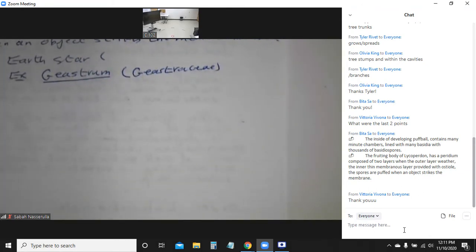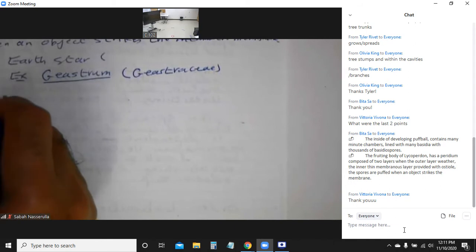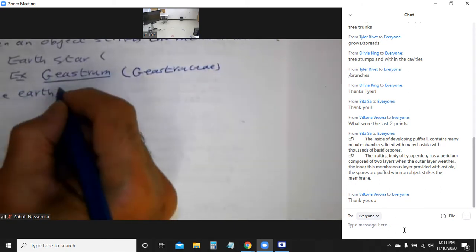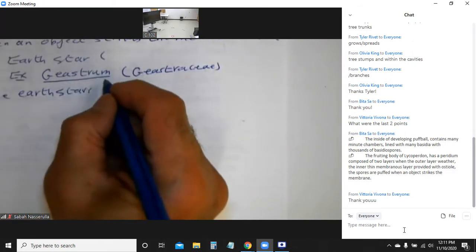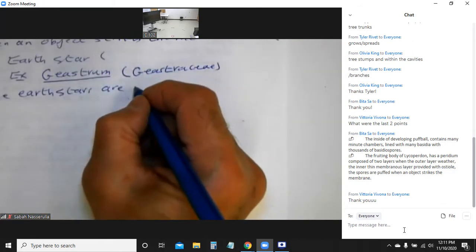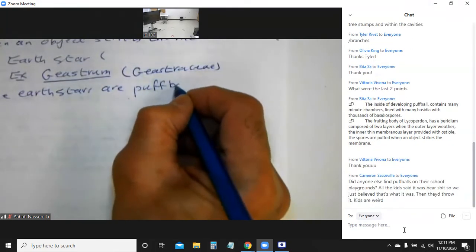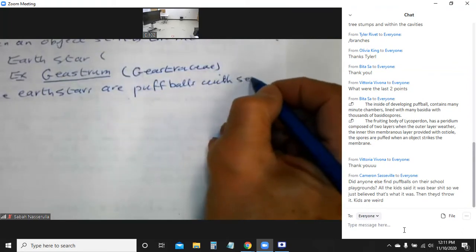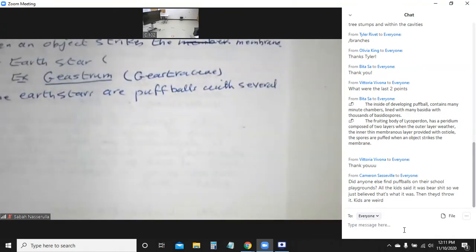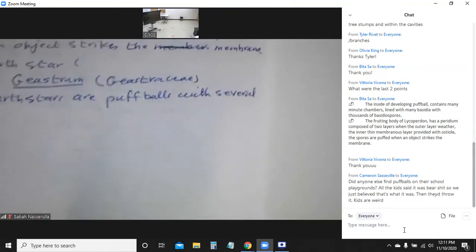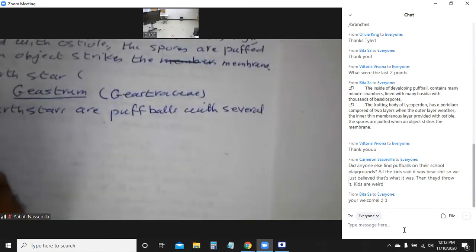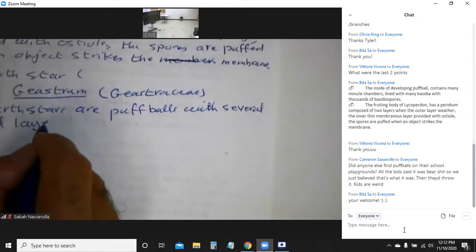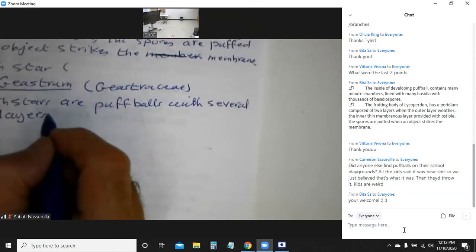So simply to mention, as I mentioned to you, the Earthy Stars are puffballs with several peridial layers. As I mentioned to you, the outer layer